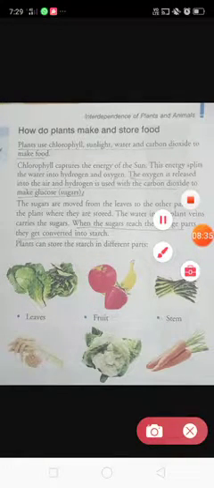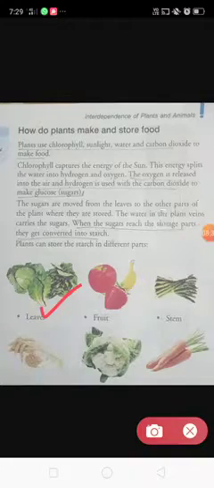Now whatever food is prepared, where is it stored? Can you guess? It is stored in the form of leaves. Leaves, for example cabbage, you eat leaves. Then lettuce, you eat lettuce as a salad. Clear? Then I think you also eat carrots. This is a root food. We eat the root food.